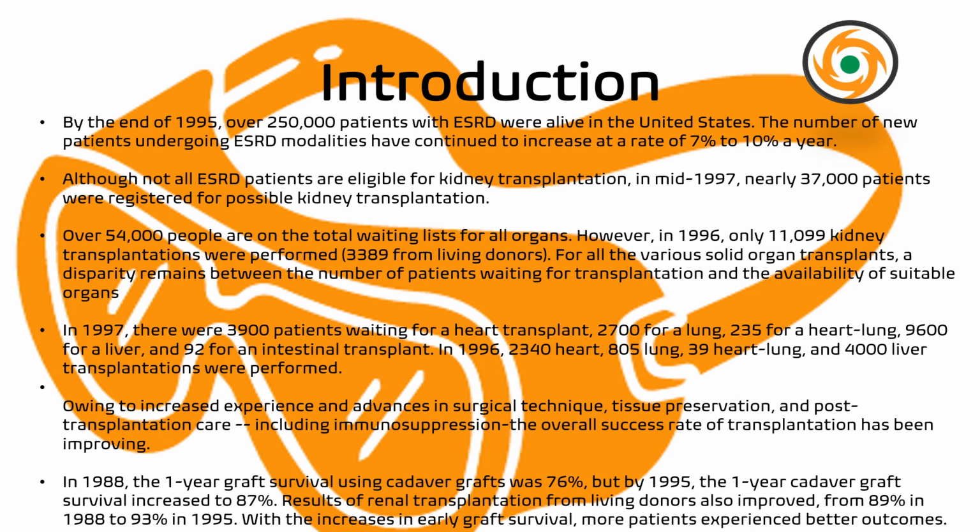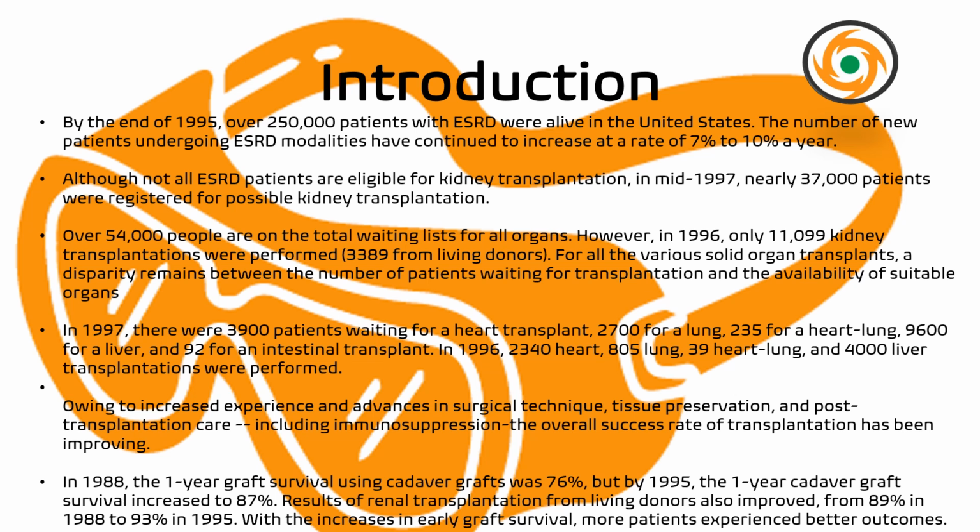However, in 1996, only just over 11,000 renal transplantations were performed, wherein specifically 3,389 transplants were from living donors. And for all of the various solid organ transplants, a disparity remained between the number of recipients waiting for transplantation and the availability of